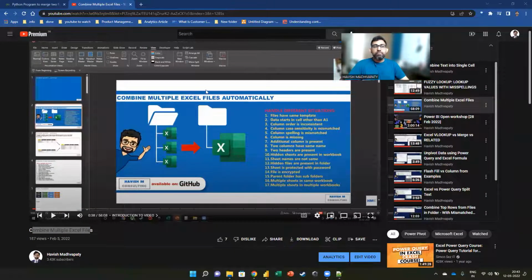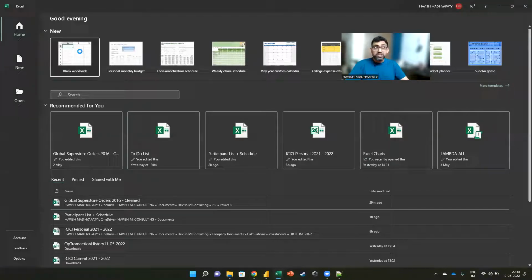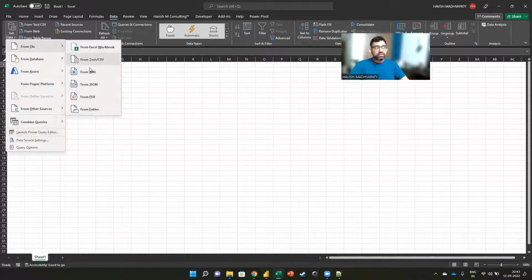Good question, Sumit. So Power Query is a part of Power BI and Excel. A lot of people don't realize, but Power Query is not a special feature that is only available in Power BI. If you notice, you might be surprised to know this, everyone. Do you see this? I actually have Power Query in Excel as well. When I showed you that you can select the files from a folder and combine it in one click, or rather a few clicks, I can actually do the same thing even from Excel, because Power Query is exactly the same in Excel as well as Power BI, right?